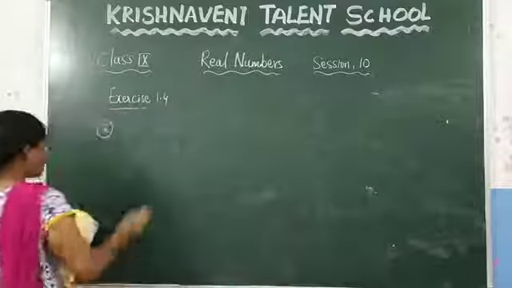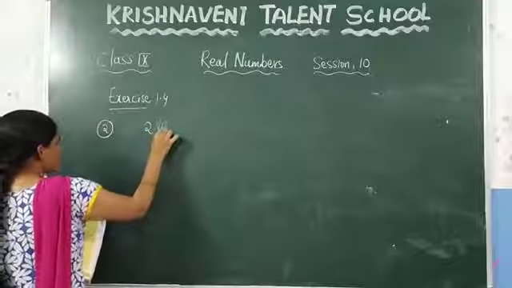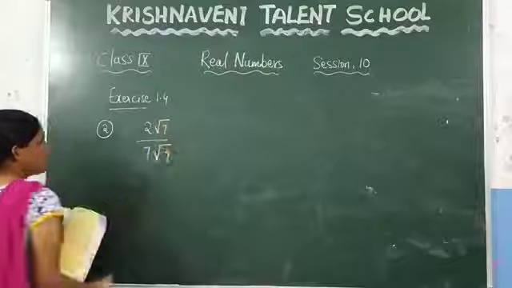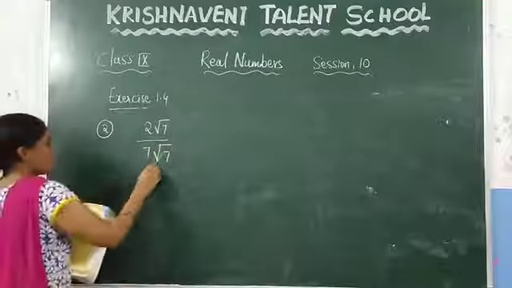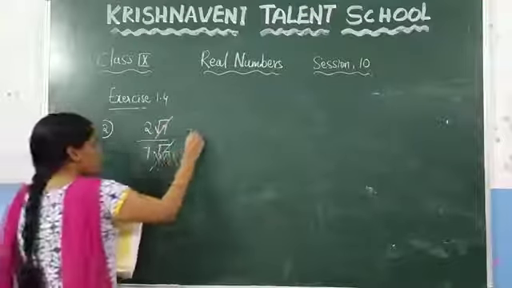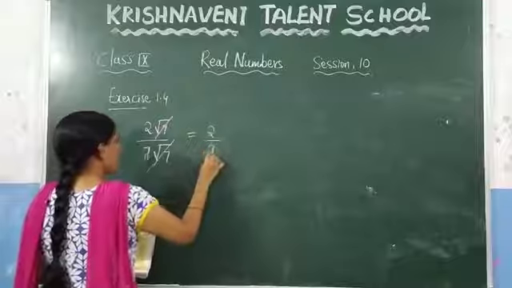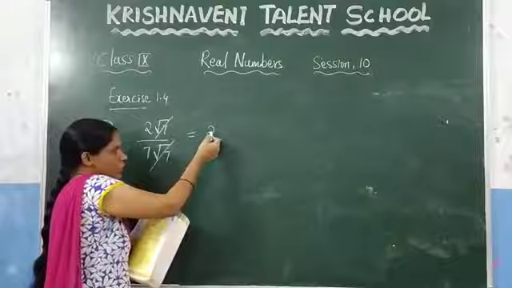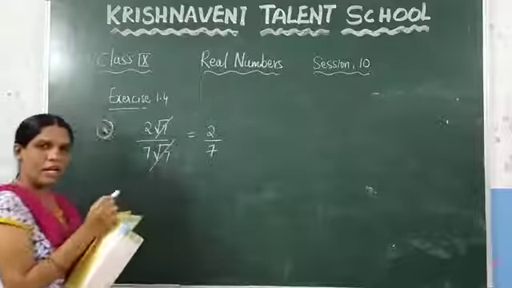What is the next question given? 2 root 7 by 7 root 7. Clearly you can observe that this root 7 will get cancelled. What is the remaining left out? 2 by 7. We know that 2 and 7 are integers, and we have written these integers